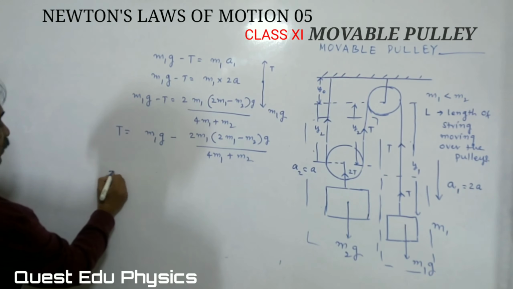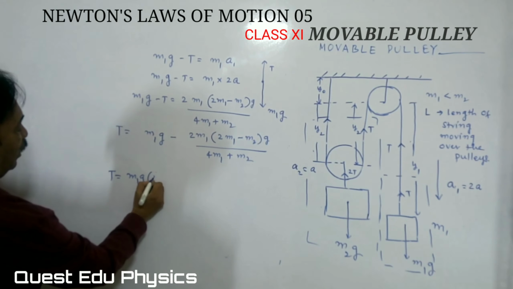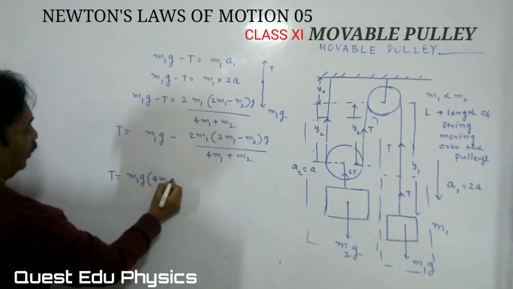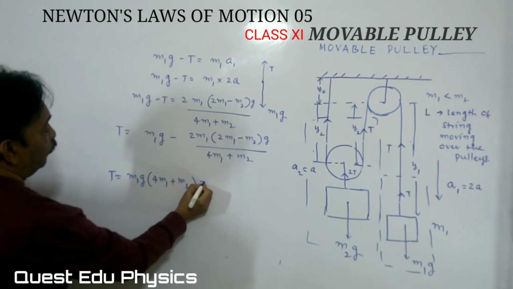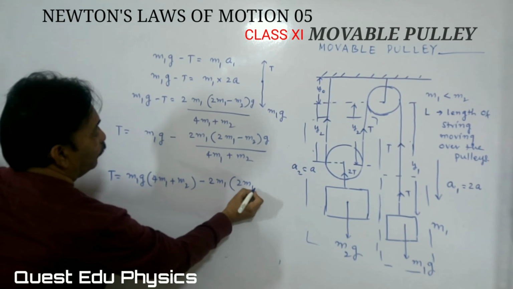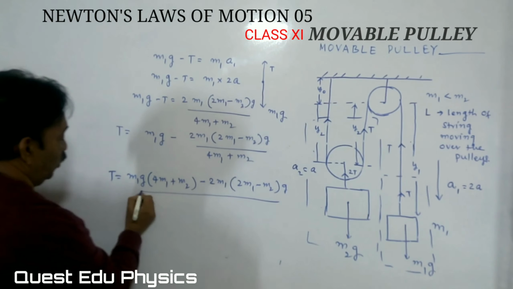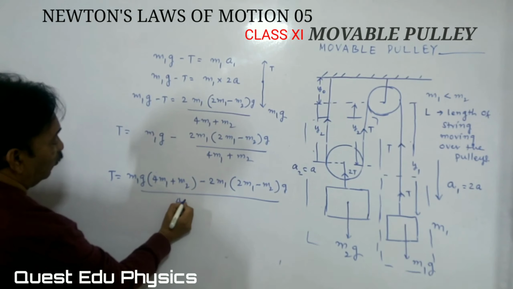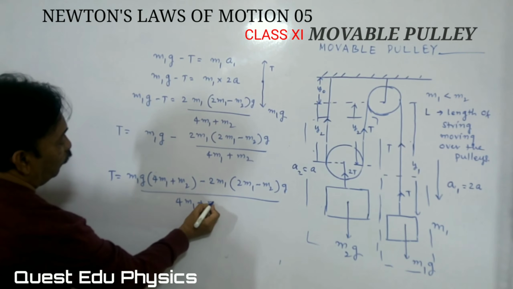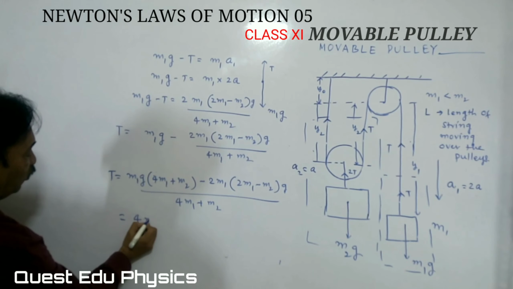Further, it can be written as T is equal to M1G of 4M1 plus M2 minus 2M1 into 2M1 minus M2 of G, whole divided by 4M1 plus M2, and it is 4M1